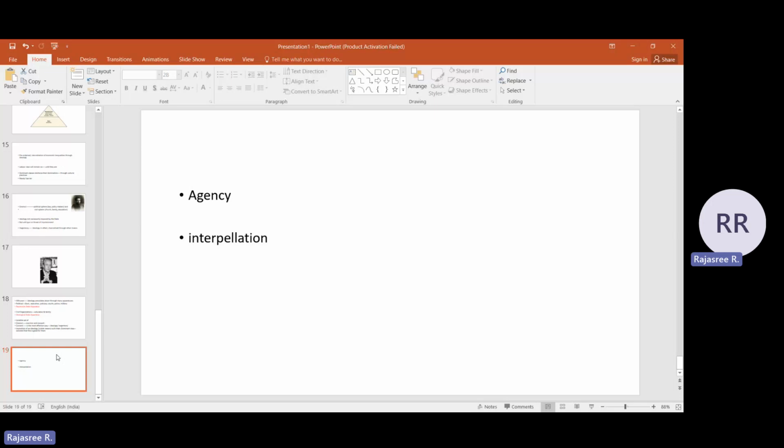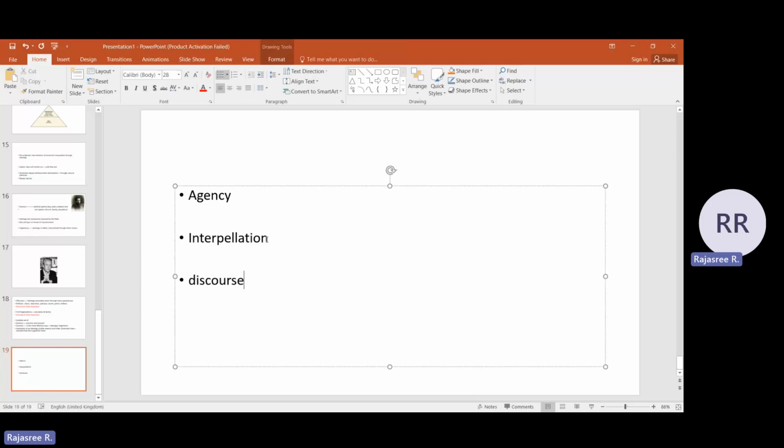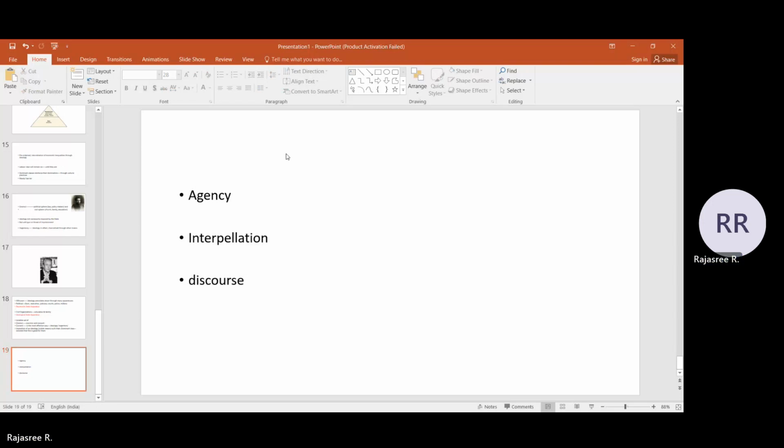Actually we should have started with the term discourse. What is discourse? Discourse, as I have told you, could mean anything. Anything and everything. Discourse could mean just an act of speech. It could mean writing. It could mean conversation. But in cultural theory, discourse indicates specific context or relationships involved in, what do you say, discourse is a context of speech, or could be representation, could be knowledge, understanding, etc. See, for example, when we speak of the discourse of law or discourse of psychiatry,